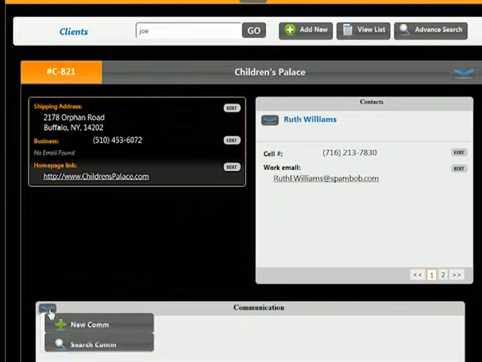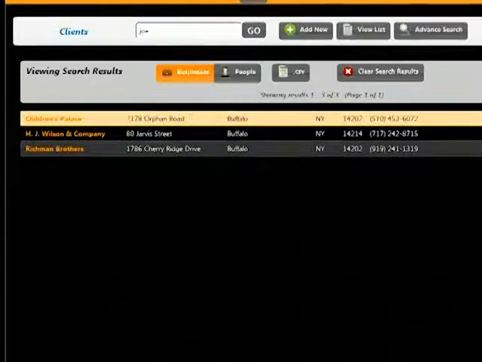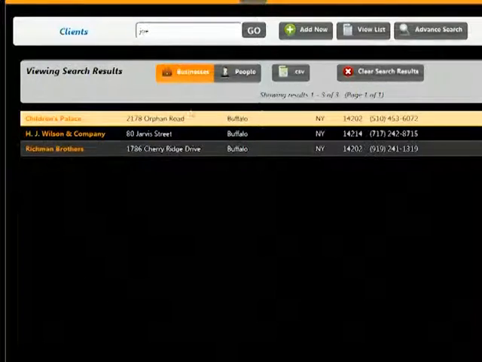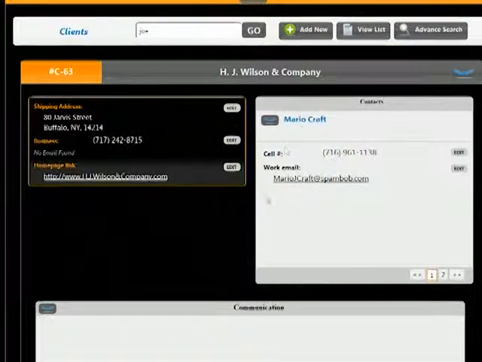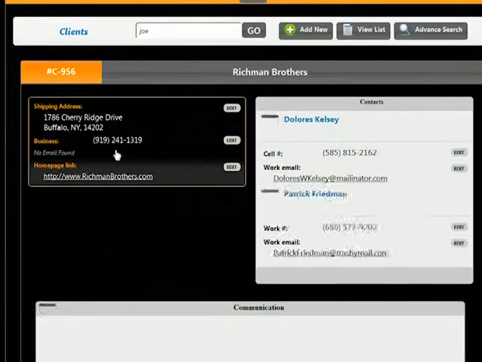log the communication entry just like we do with a new client, and then when we hit view list, it will put us back at the same search that we just did until we clear it. So we can go down the list. It will mark the last one we did, and we know when we hit the last one that our work is complete. So you're talking about being proactive with the information that's already in your database, because you might have new products or new services or an event or some special offer.